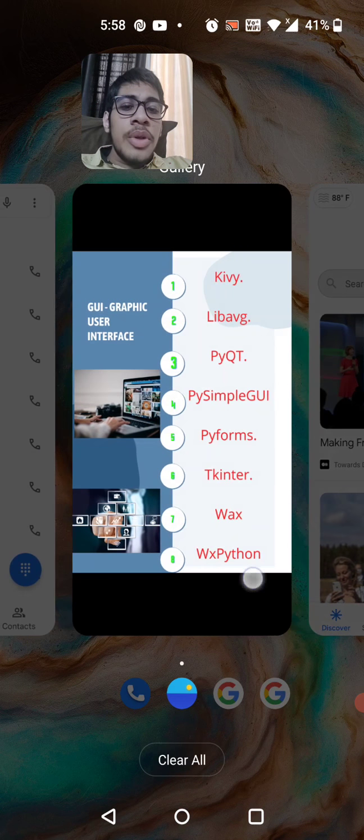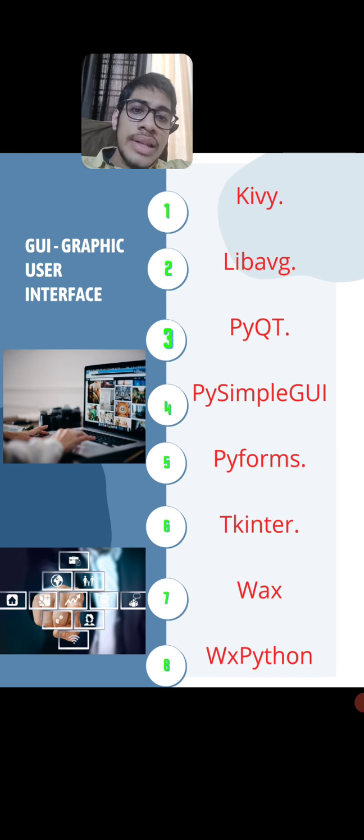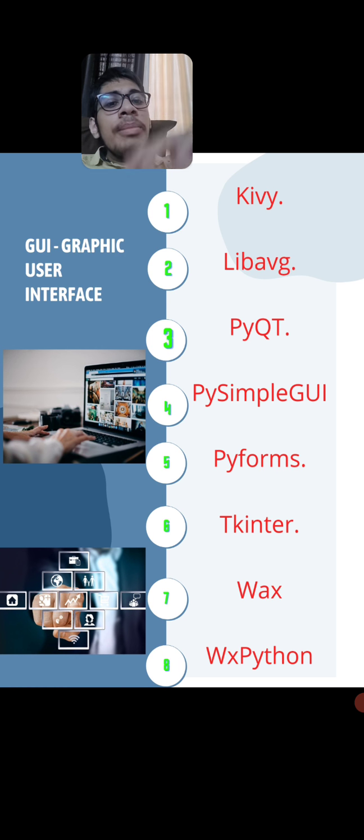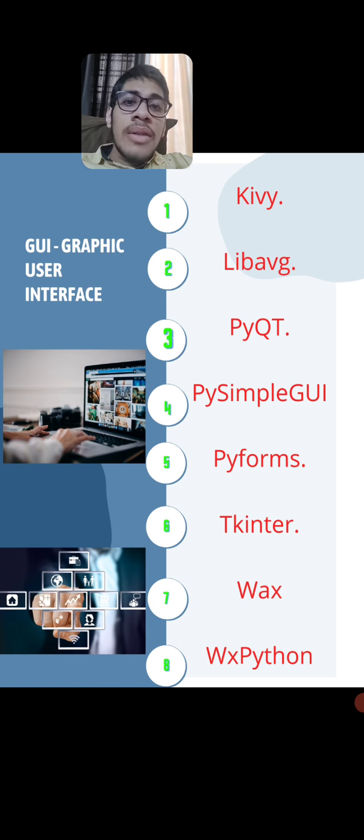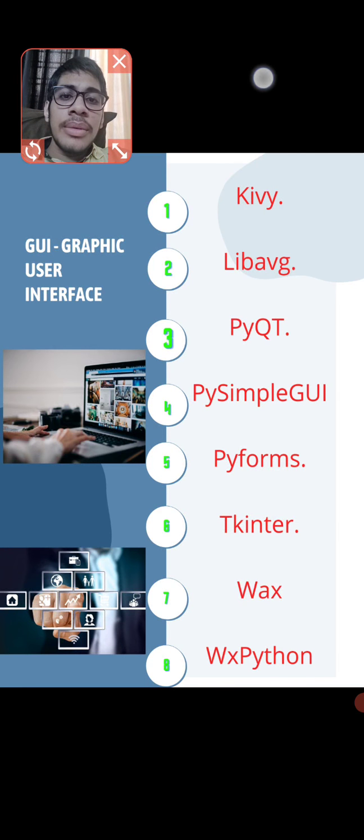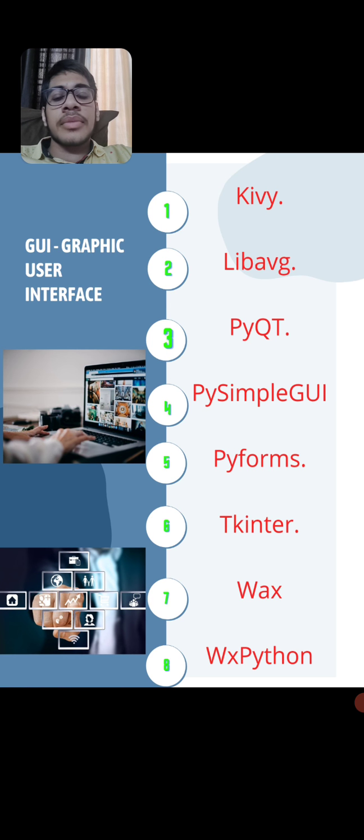So I hope you understood graphic user interface. Its short form is GUI. But how do we make this GUI inside Python? First of all, you might be thinking that now we are going to begin with block coding. No, we are not going to start with block coding, because we are just going to put stress on text coding only, through PyCharm or Replit.